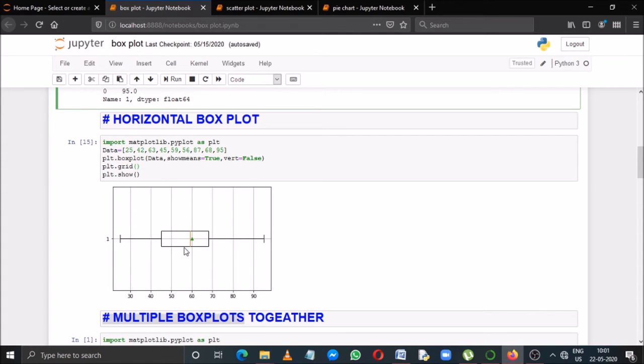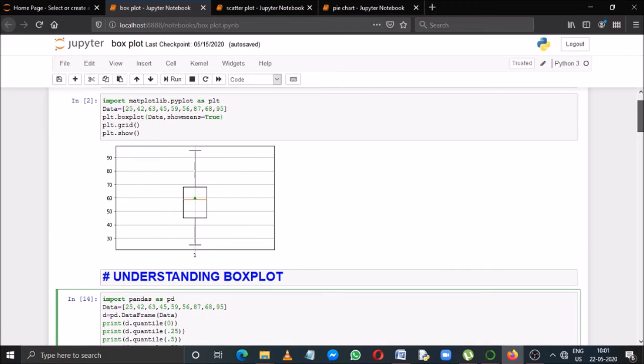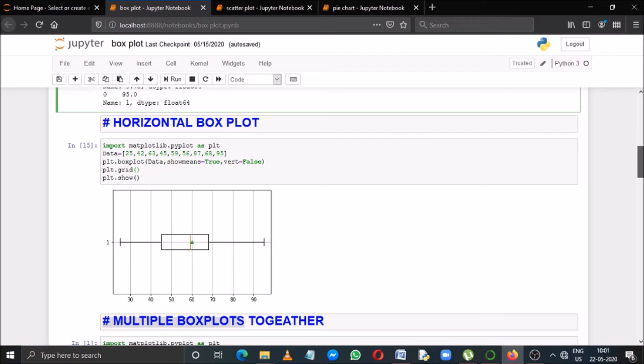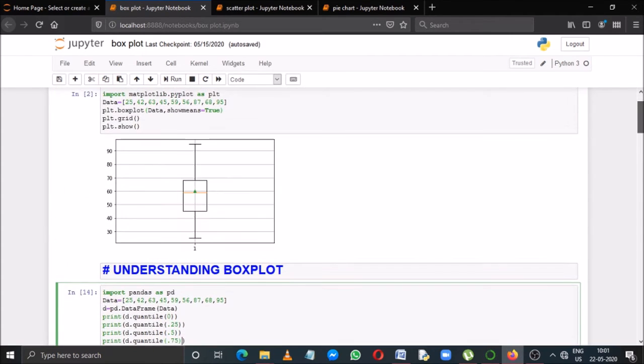So the box plot will appear in horizontal nature, and if you make it true, then it will become vertical. Basically, if you study the previous box plot and this one, everything is absolutely the same in both of these. Only one difference is there, that is both the axes will be interchanged.